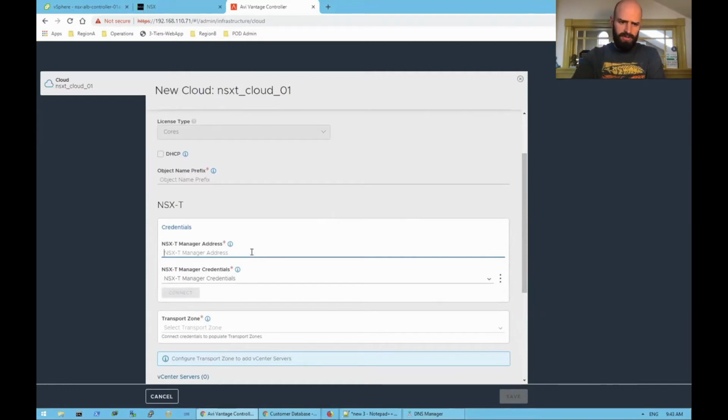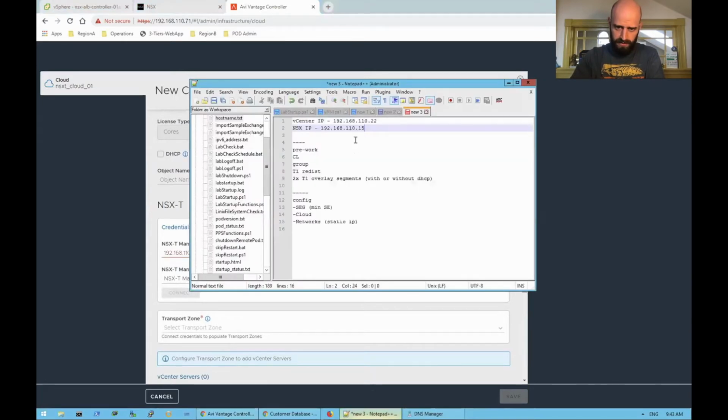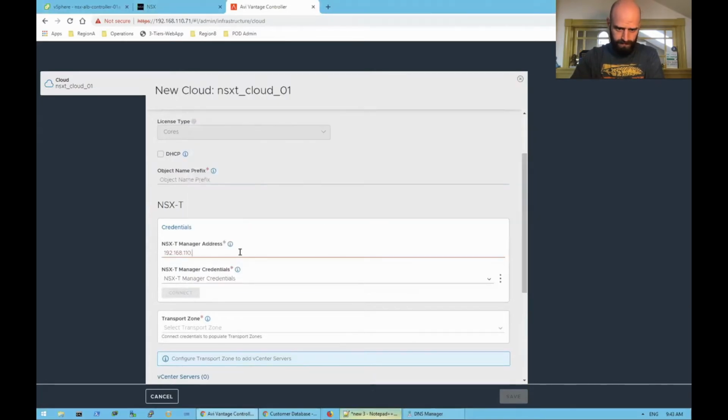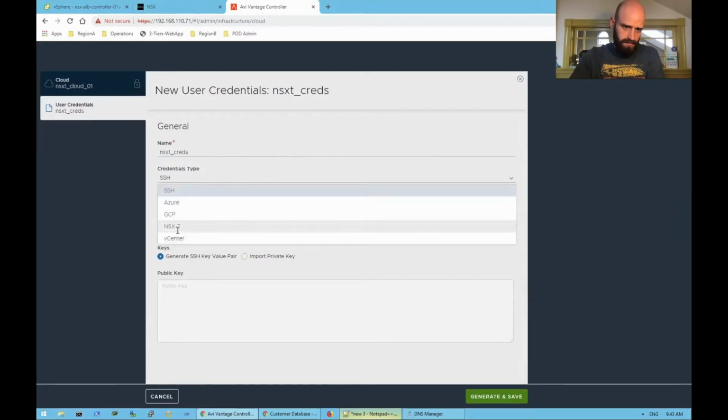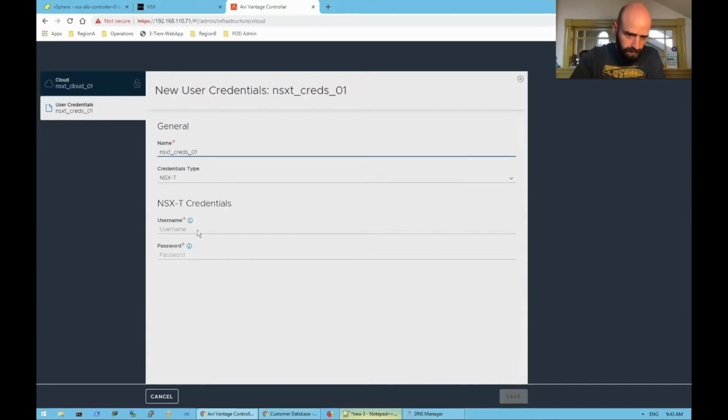So my NSX manager IP is 192.168.110.15, and my credentials are going to be just my default credentials for NSX Manager. This is going to be unique to you, but I'm just going to put in my username and password,